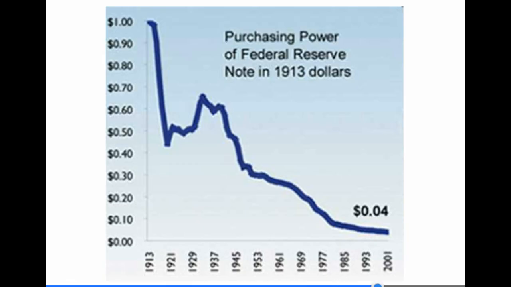Another criticism of the Fed, as is depicted in this chart, is the ability of the Fed to print money as it sees fit to do. Because as we print more money, the purchasing power of the money declines over time. As you can see here, a 1913 dollar in 2001 would purchase about 4 cents worth of stuff, and that's due directly to inflation or rising prices, which this chart suggests is due to the continual printing